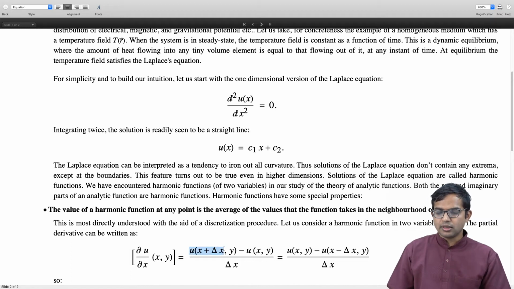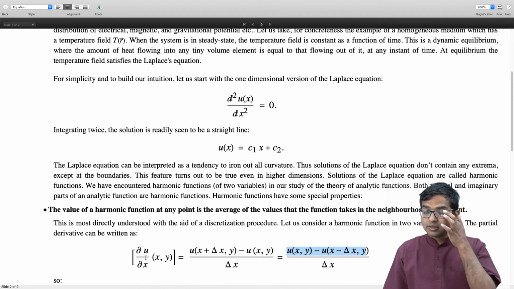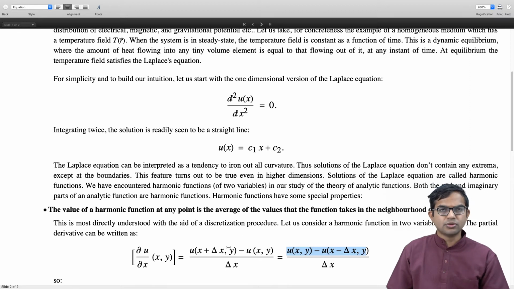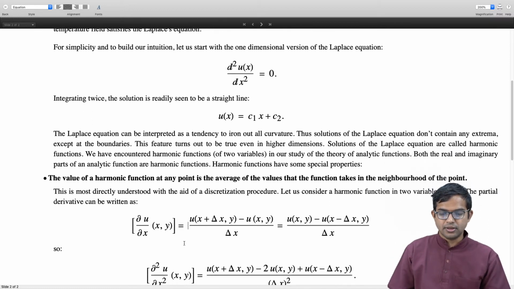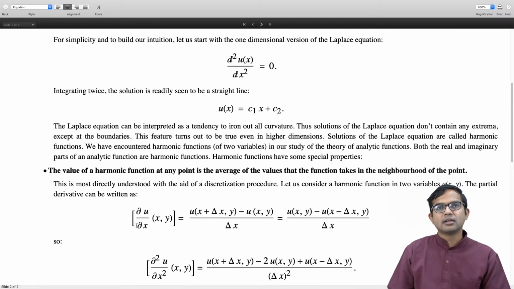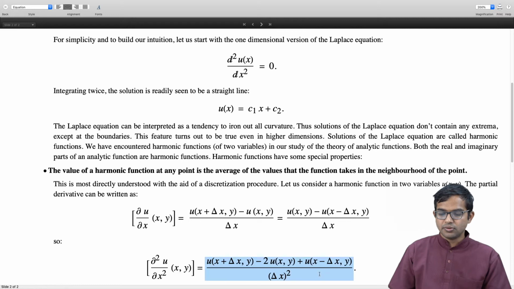And so you can either take the forward difference or the backward difference. Both of these are completely legitimate ways of working out the partial derivative of this function at the point x comma y, and in fact both of them have to converge to the same value, right? So that's how you have a meaningful definition of the partial derivative. Now if you go ahead and do a second derivative, it's convenient to use the backward difference in the second one if you have used the forward difference in the first one, or backward difference followed by forward difference, so that we get this nice form.